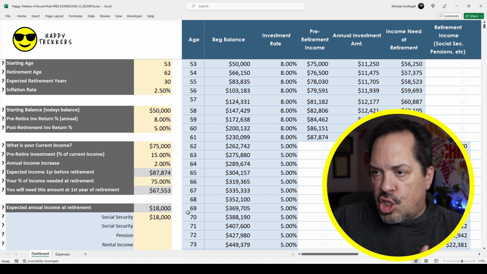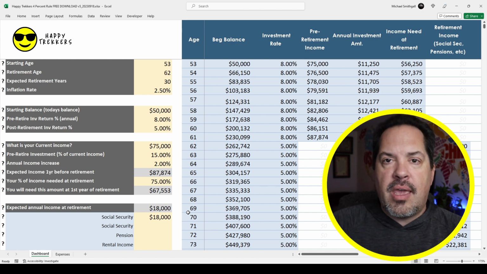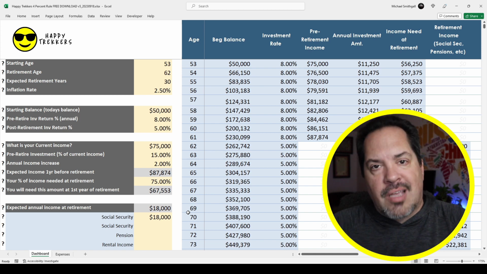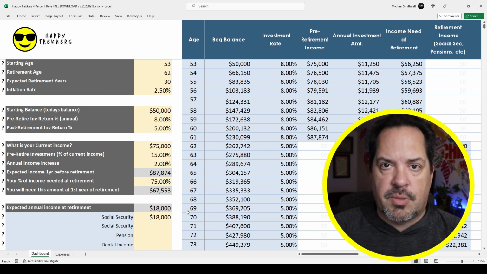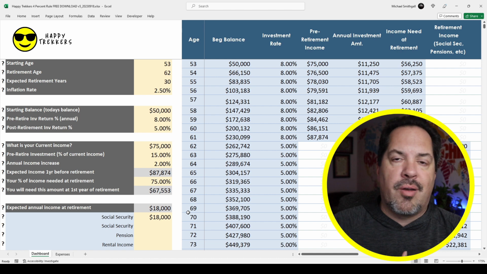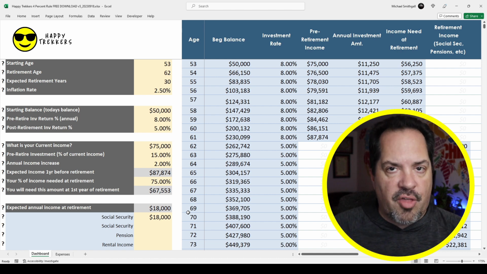At 62 in this person's case, they are driving, they're going to the movies, they're eating out, they're doing all the sort of things you do at 62. At 92, their lifestyle is drastically different. Some expenses are going to go up, like maybe healthcare type of expenses. A lot of expenses are going to go down. They're not driving probably. They're not flying all over the world. I mean, there's a lot of things that change.